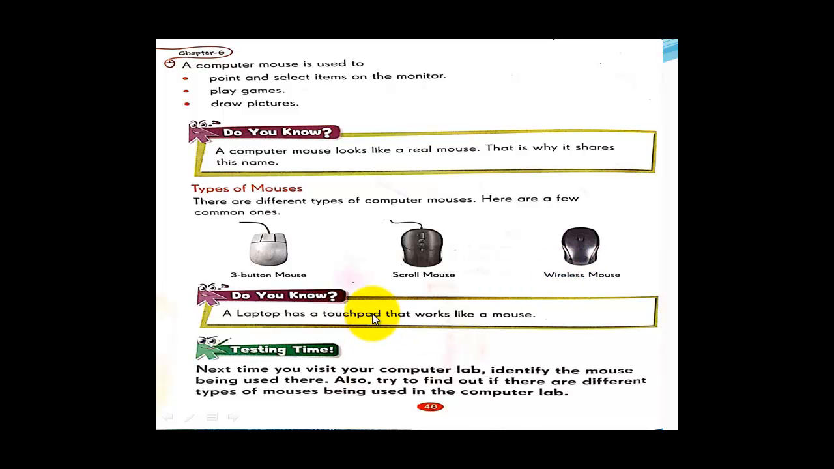Okay, in a laptop we can insert or we can connect a mouse on the laptop, but without using the mouse also we can work on the laptop, because the laptop has